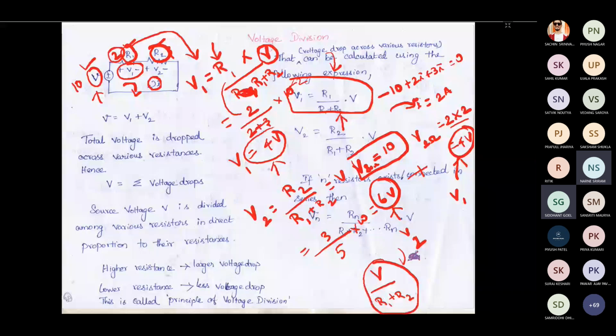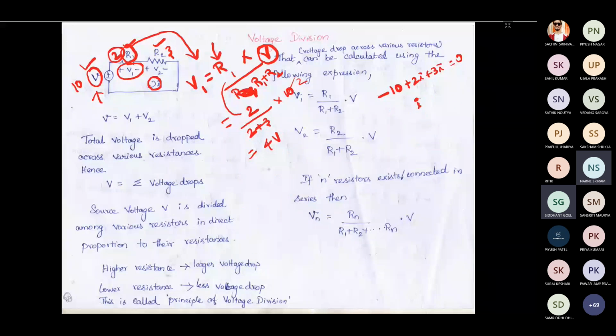Now, for whichever element I need to find the voltage, I multiply by its resistor. So I into R1 gives the voltage. So we find the current of the circuit using this formula, and we multiply with the respective resistance to find the voltage. That's what we are doing. If you have any doubt, kindly ask.